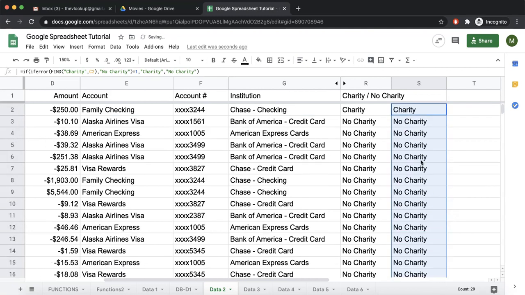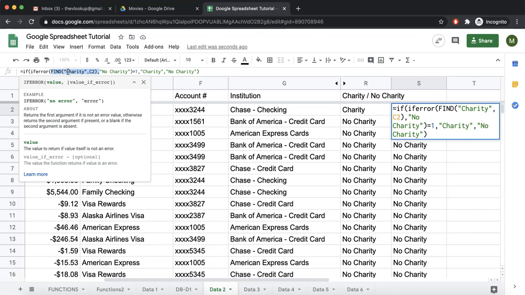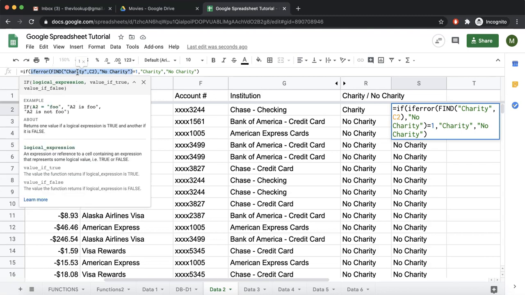Now you see, although this looks very complicated, if you break it down and go one by one: first we wrote this, FIND "charity" in C2, then we passed this entire formula as an argument to IFERROR, so that it became IFERROR of something, comma, what to do if the value is an error. Then we pass the entire thing as the first argument of the IF statement.